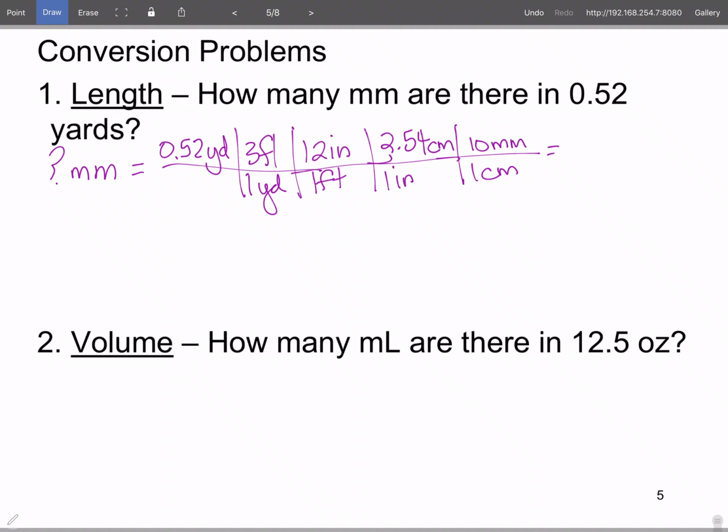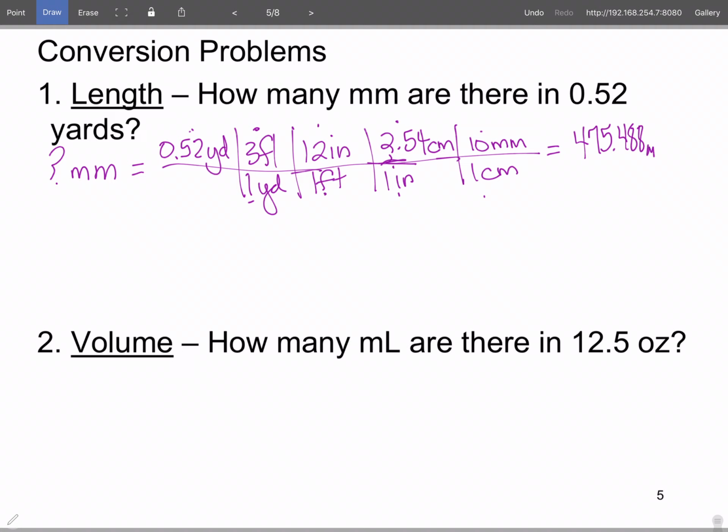So when I go to do this, you can multiply all on top and divide all on the bottom. Be careful of order of operation. I do them individually. So what I would do is take 0.52 times 3 divided by 1 times 12 divided by 1 times 2.54 divided by 1 times 10 divided by 1. Now, do you have to divide and multiply by 1? No, you can skip those. But it gives you a value of 475.488